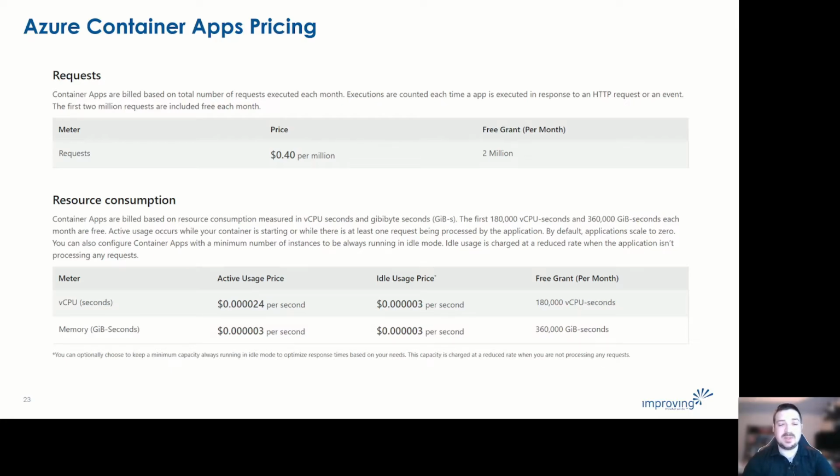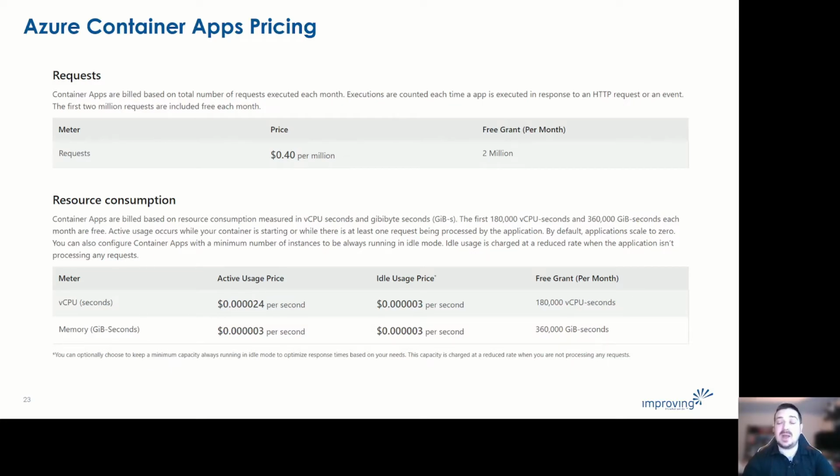For resource consumption on your virtual CPUs, they've got the concept of active and idle usage. If your containers are active, for your virtual CPU, you're billed at some fraction of a cent, and a lesser fraction of a cent when it is idle.